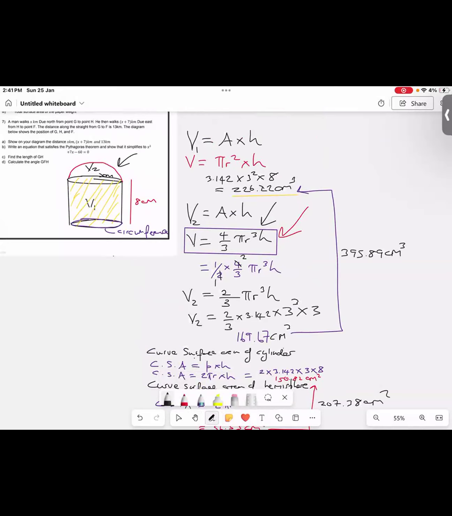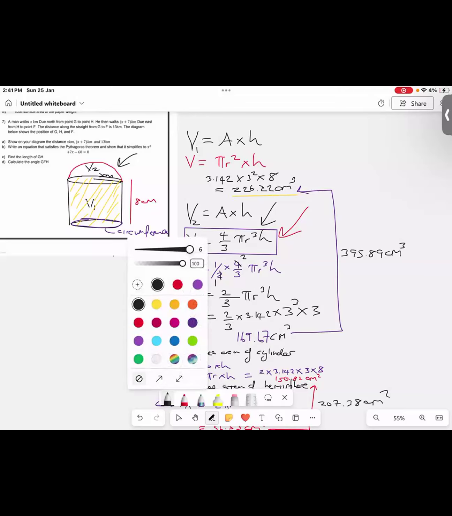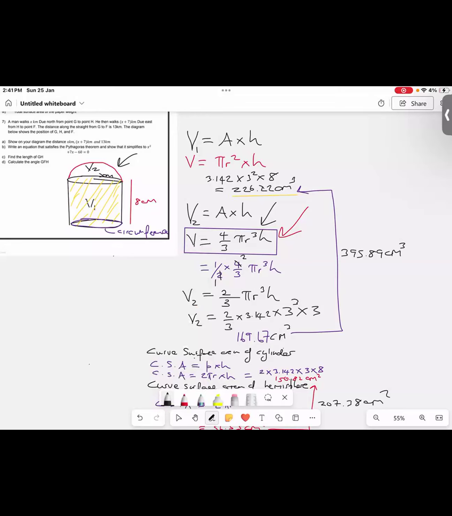So the bottom part, sorry, this part up the top where you have 395, what is that? It's not an area or what? It's the volume. It's the volume because it has a 3. Oh, volume. Right. And the bottom part is the area. No, this part is the volume of the hemisphere, this section right here. And this part is the volume of this section down here. So when we add them together now, we get the volume of the whole entire paperweight together.